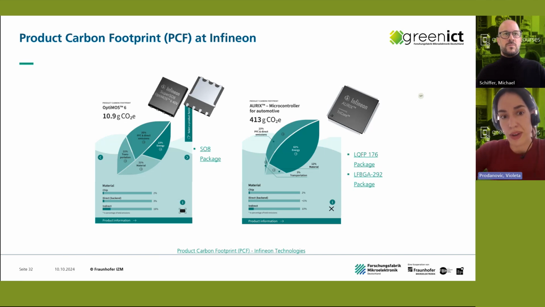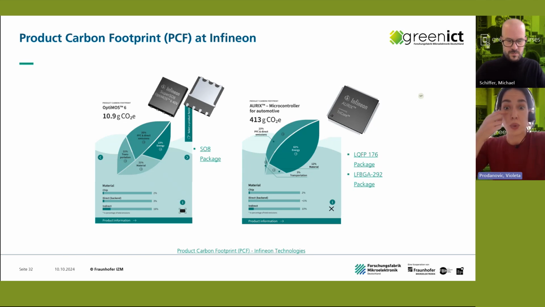available online on their website. Infineon is reporting on the overall carbon footprint of their different families of products. In this case, just as an example, we're comparing Optimus and Oryx microcontroller. The categories that they do report on are PFCs and direct emissions, transportation, material, and energy. Transportation can contribute less or more to the overall carbon footprint, depending probably on where the device is assembled. Maybe it's tested on another site, so it's just traveling back and forth. Of course, another